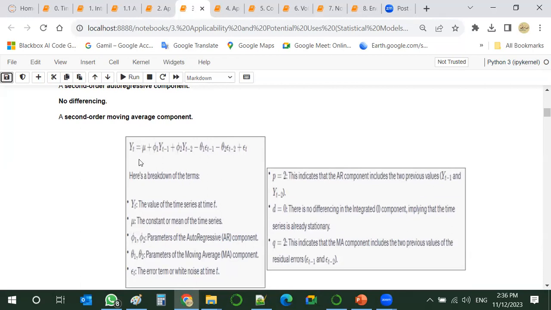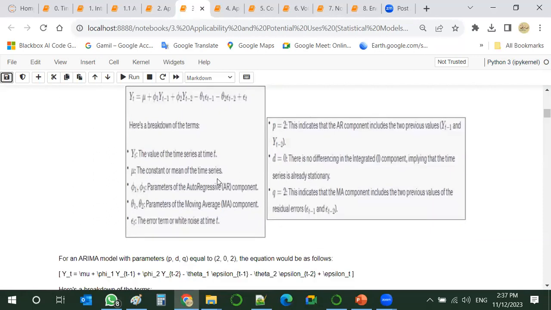So y sub t is equal to mu plus phi 1 y sub t minus 1 plus phi 2 y sub t minus 2, plus theta 1, and so on, with epsilon as an error term.